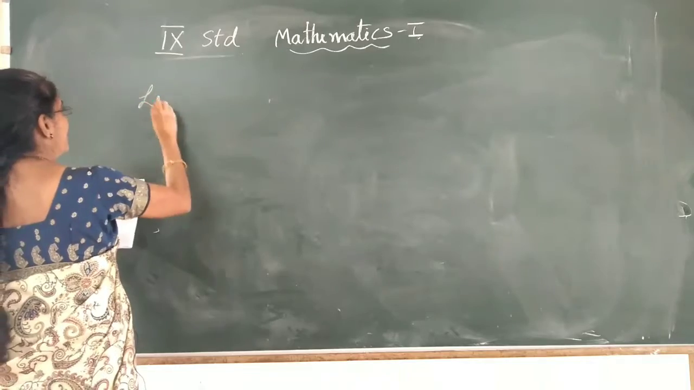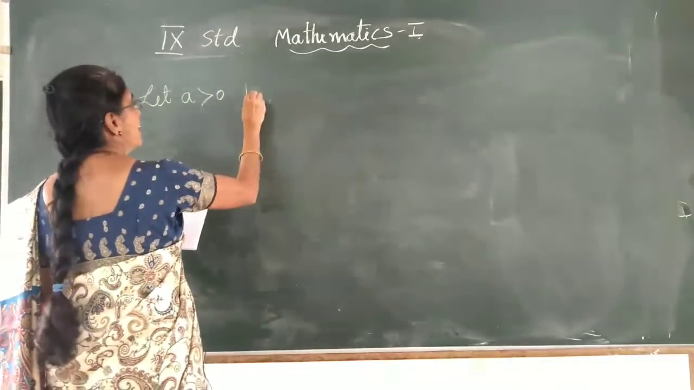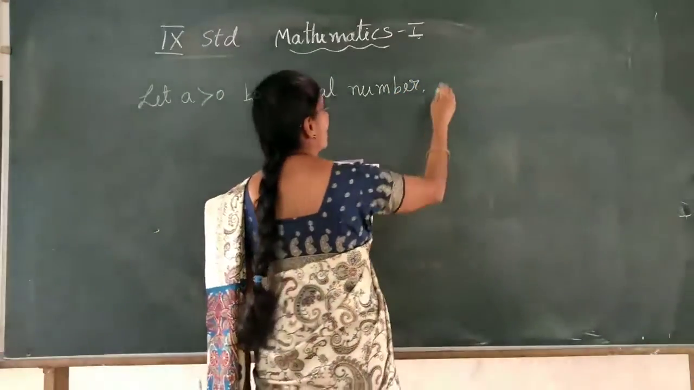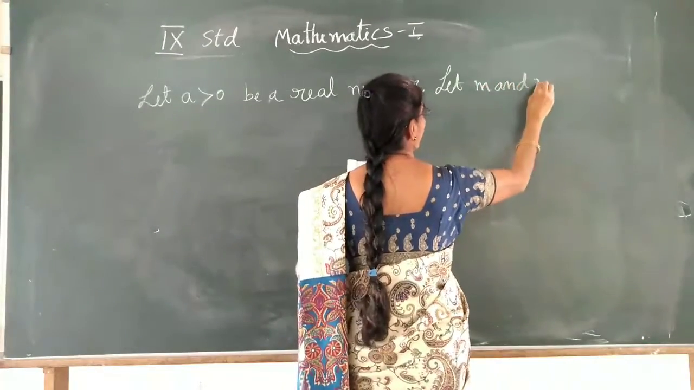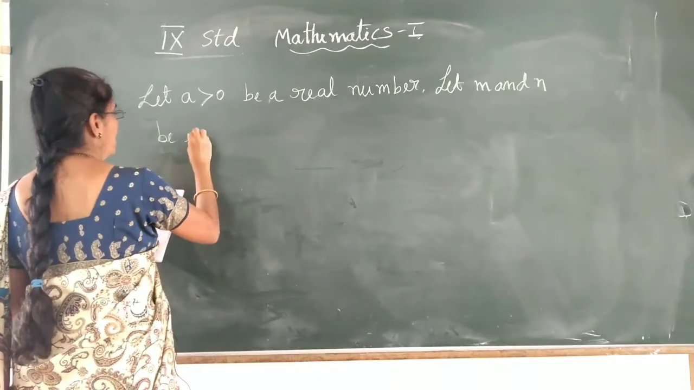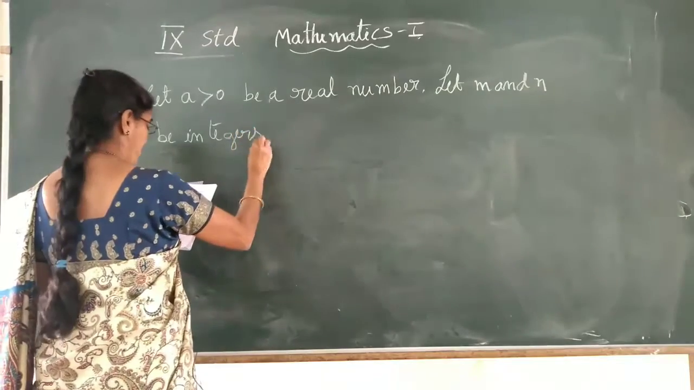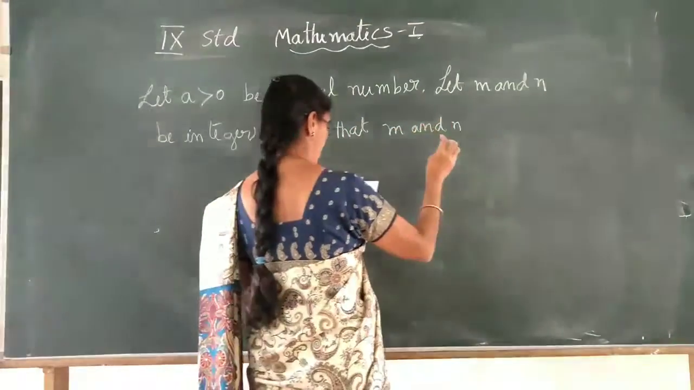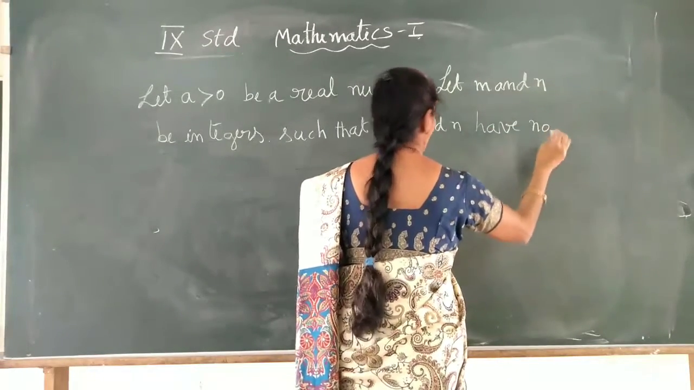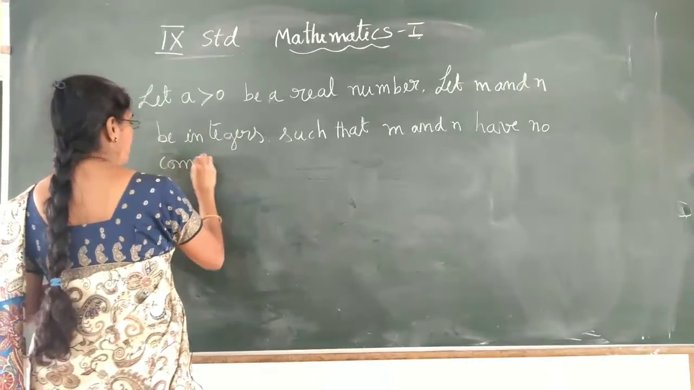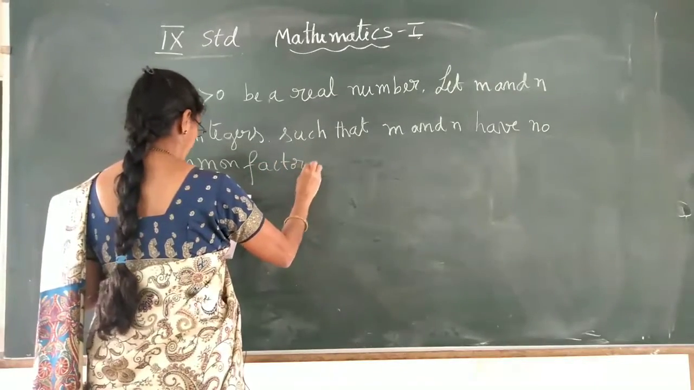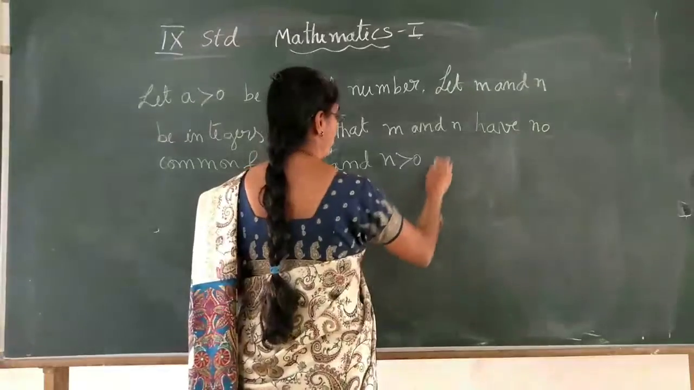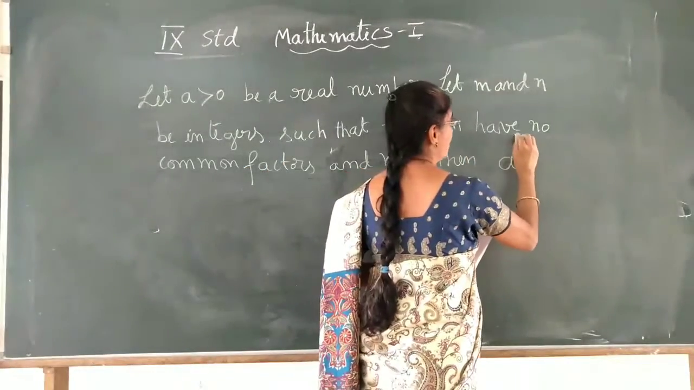Let a greater than 0 be a real number, and let m and n be integers such that m and n have no common factors other than 1, and n is greater than 0. Then remember, a to the power of m by n